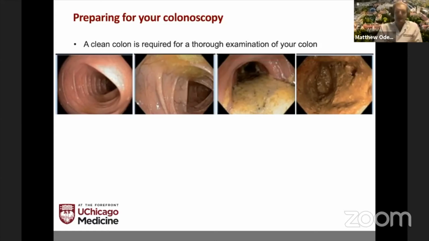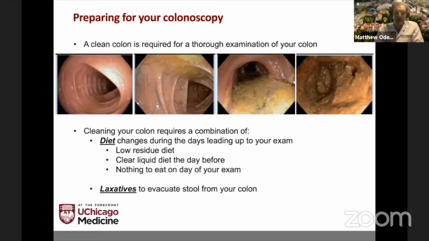So shown here are a couple of pictures from left to right. This is a perfectly clean colon that we can get a really great look at and screen for even those small polyp lesions. And on the far right is a colon where I can't imagine that this patient took any of the prep. And this is a colon just full of stool. And as you can see here, we can't see any of the lining of the colon in this picture on the far right. And so we can't do a good exam. And that's really a colonoscopy that needs to be repeated as soon as possible, because we would simply abort this procedure and not proceed, because we wouldn't get a good exam, and it would put you at increased risk for procedural complications because we can't see where we're going.